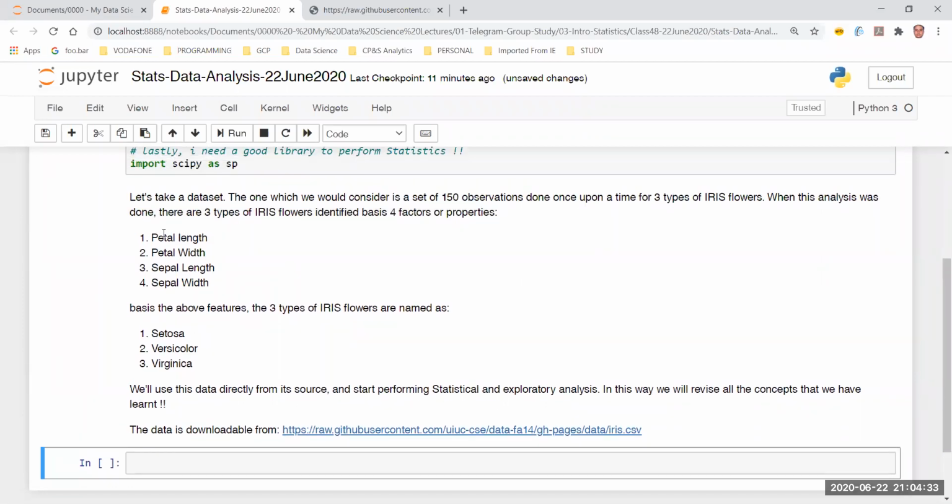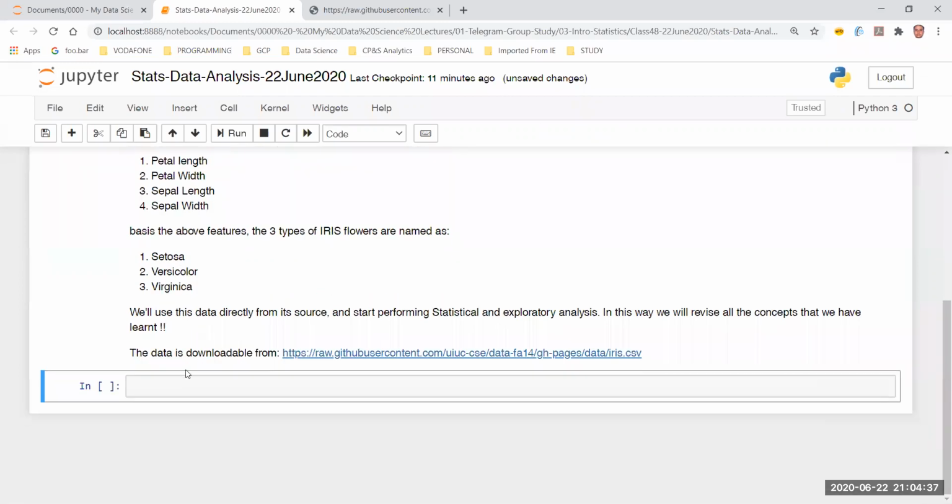Based on their petal length and width and the sepal length and width. Okay. I hope you have got the gist. If you want to study more, please go ahead and look into the Wikipedia page. I'm going to share that with you. Okay. But now let's